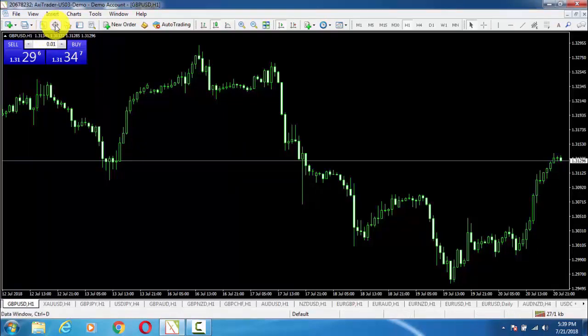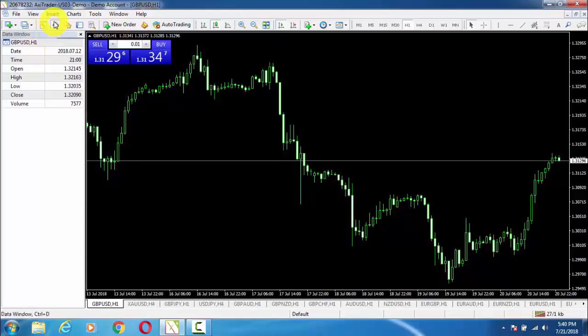Welcome back viewers. Now we will take a look at the data window. Okay, this is an option present in our MT4, in our standard toolbar. What is data window? Basically data window is just a window which is showing data of a particular time frame, of that candle. So to get data window, what we need to do, we will just click on that here.